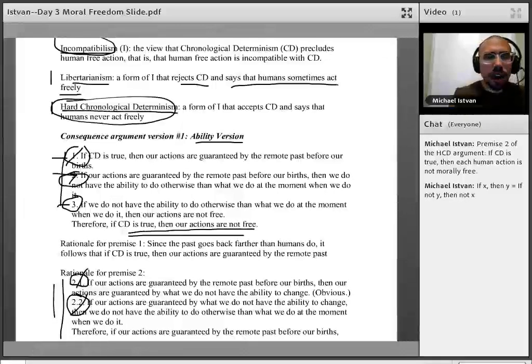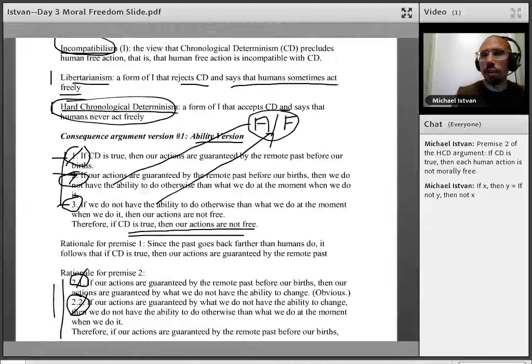So look at it this way. We can say, looking at premise 2, if our actions are guaranteed by the remote past before our births, then at no point in time do we have the actual, I'll just write A/F, actual and factual, and no, the all things considered ability to do otherwise. The ability to do anything other than what we do at the moment when we do it. And if at no point in time do we have the actual and factual ability to do otherwise than what we do at the moment when we do it,